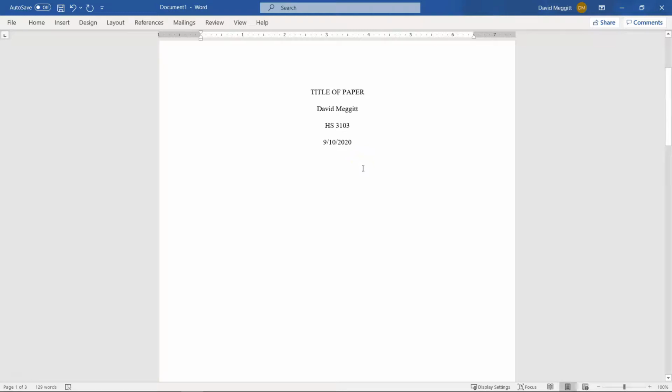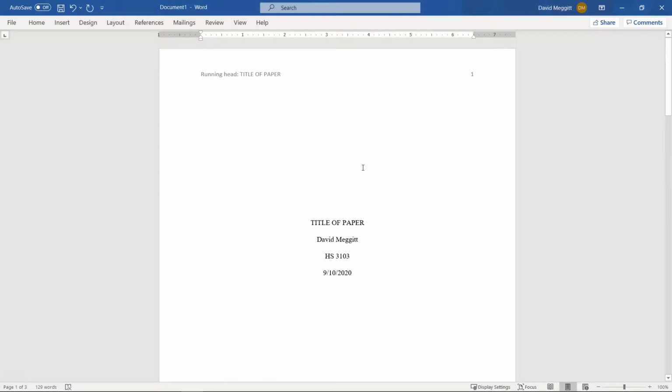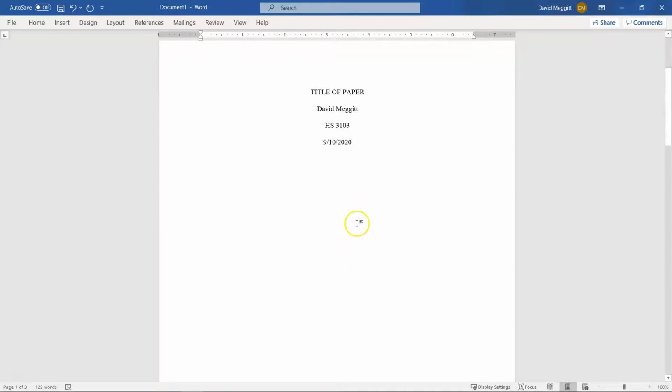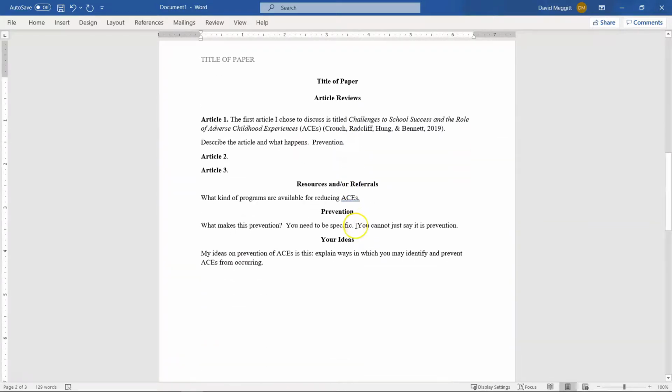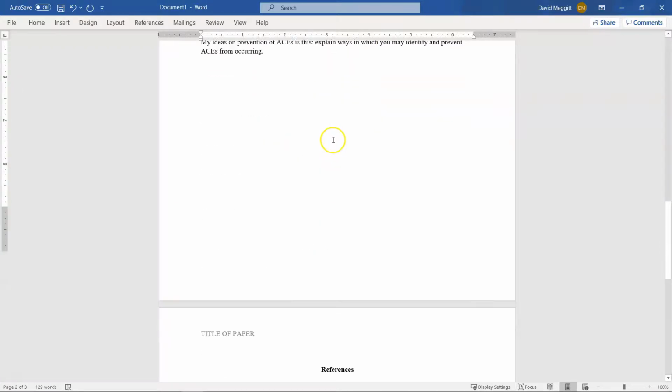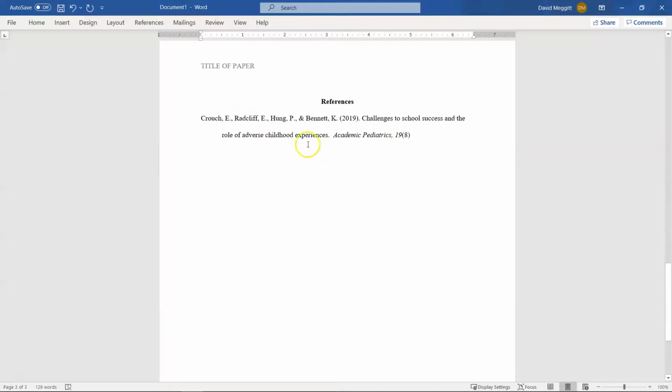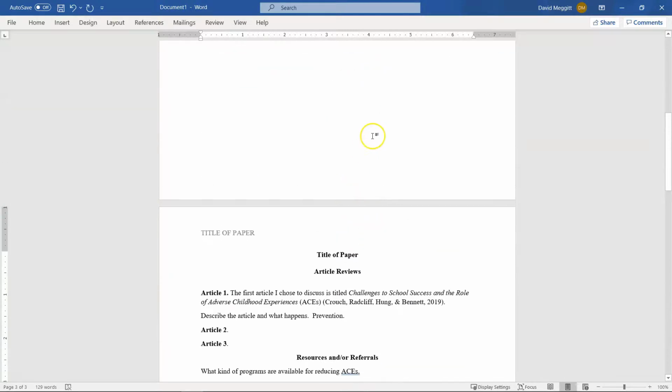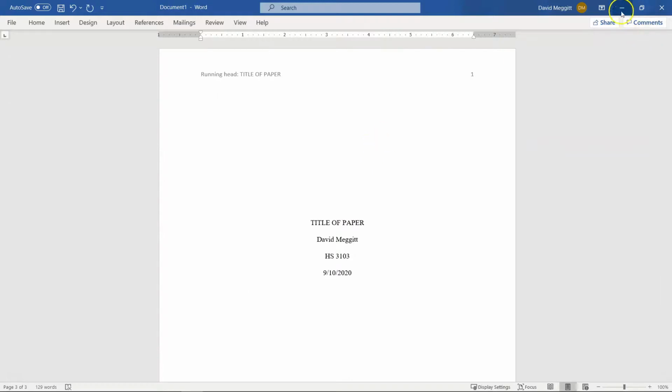I will actually make this file available if you want to use it to set things up. Now make sure that you are changing out your name for my name, and don't just keep it as title of paper, but put your actual title of your paper in it. But this is a good way to get started. You have an example of how to cite in text, and you also have what the citation should look like on the back. Now, one last thing, speaking of APA formatting,